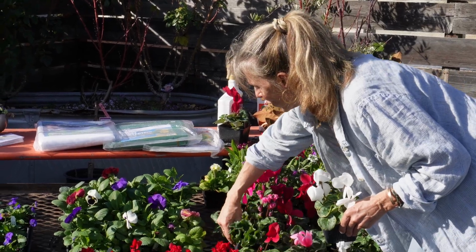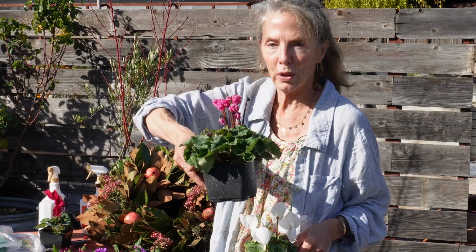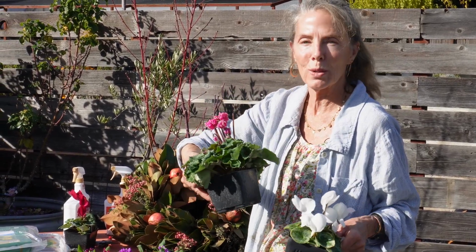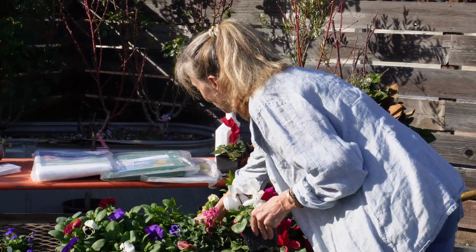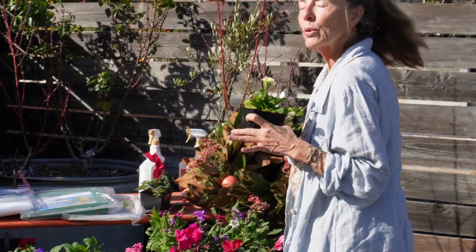Did I even show you this one? This is ruffled flowers, ruffled foliage. Cyclamen come in such a range of beautiful shapes and forms and color forms and leaf forms that they can be kind of addictive. The other plant that you're going to find right now in nurseries, the primroses are starting